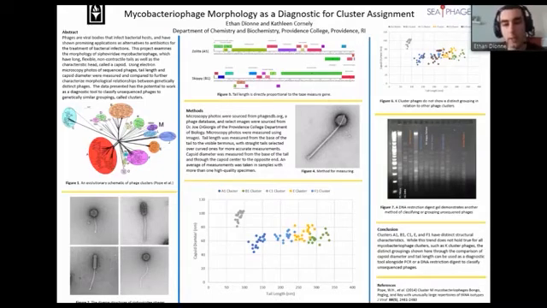So in conclusion, I found that clusters A1, B1, C1, E, and F1 all have distinct structural characteristics when you compare tail length versus capsid diameter. And even though this trend doesn't hold true for the K cluster phages, we can use the data I've compiled in figure 5 along with DNA restriction digest data and PCR to make some conclusions about how to classify unsequenced